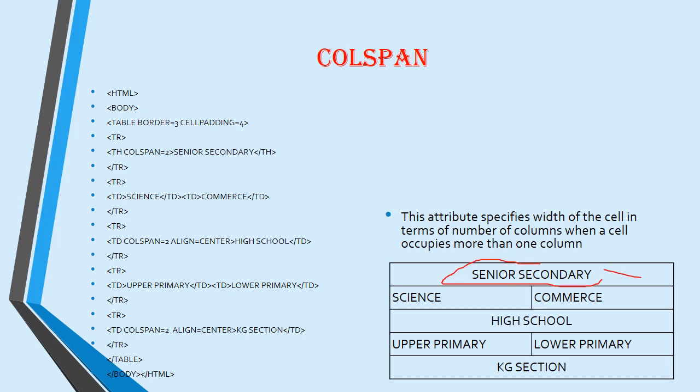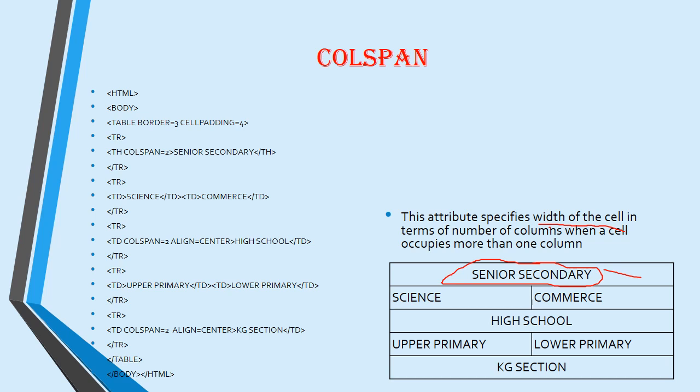What I have done, these 2 columns I made into 1 column. Okay, so I have given here th colspan equal to 2. That means it specifies the width of the cell. Width means what? It will have a huge width here. Means 2 cells are becoming 1, right? And colspan will be given as the number of cells we are merging into 1, that much we will give as the number there.